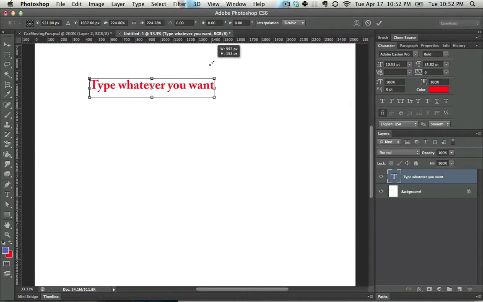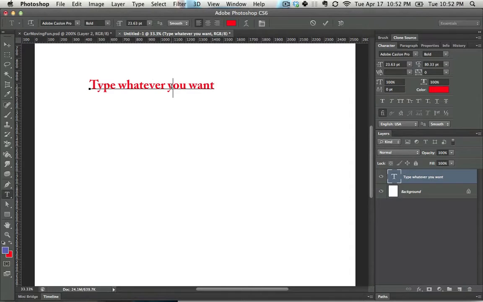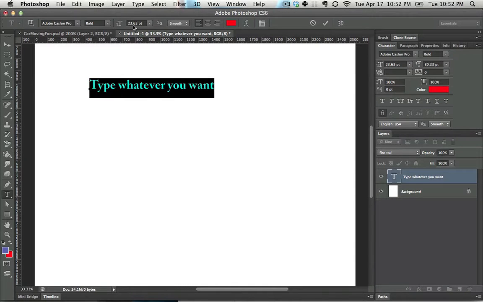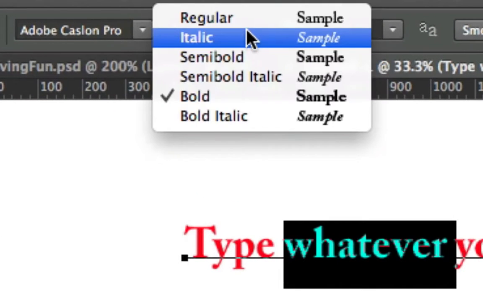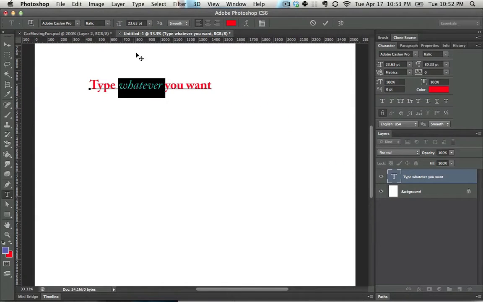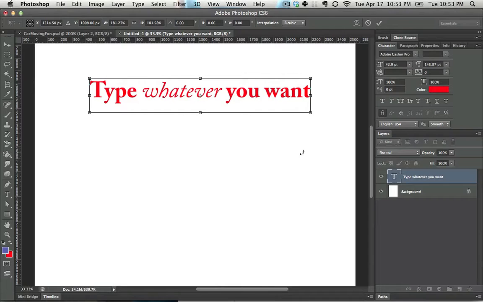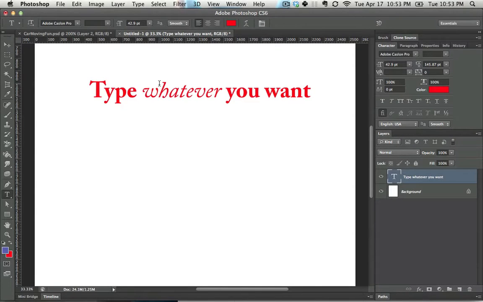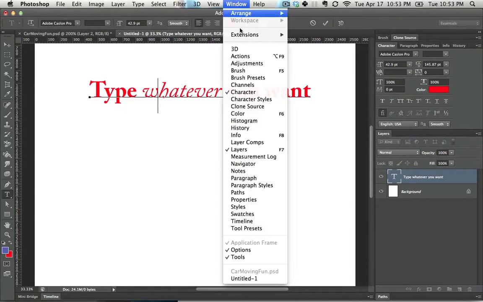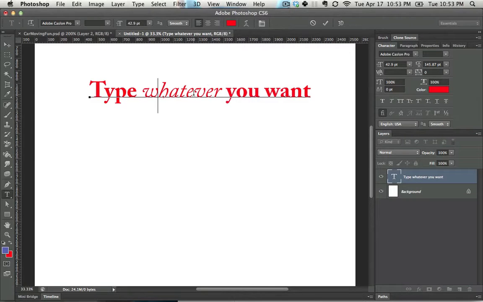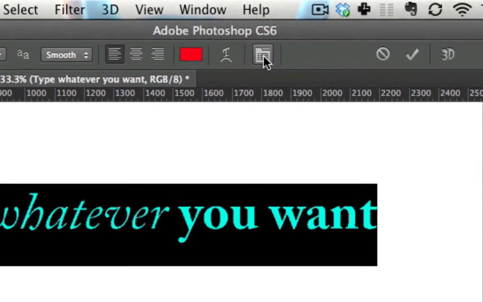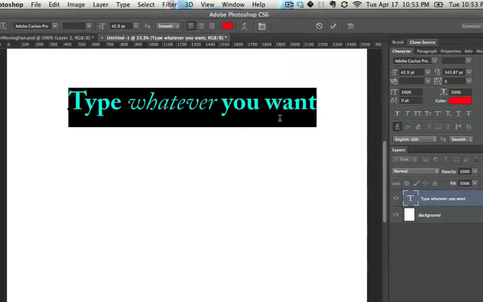If you want to change the size of the text, you can just hit Control T in order to transform it, or you have all sorts of options that are located up here if that's your style. If these are not enough options for you, there are even more options located in the character window. So the character window you get to by either clicking here or by going into Window Character, and then you